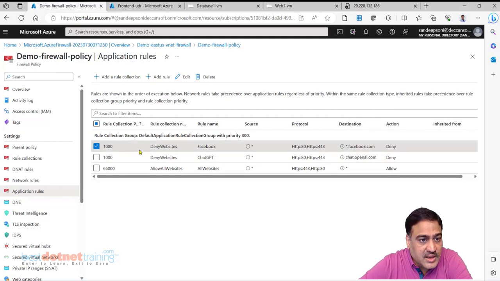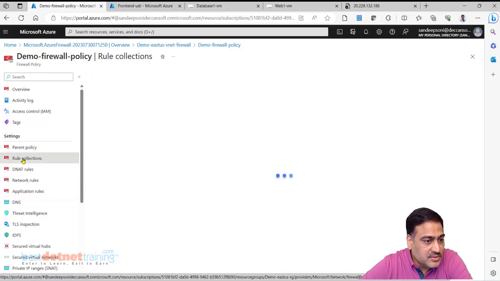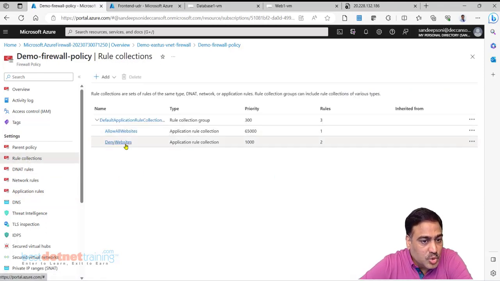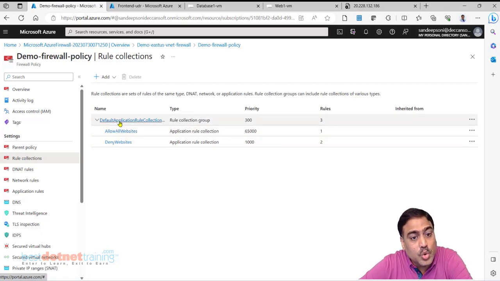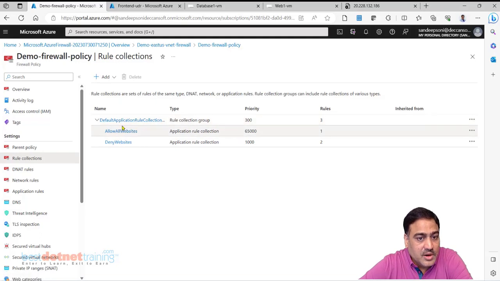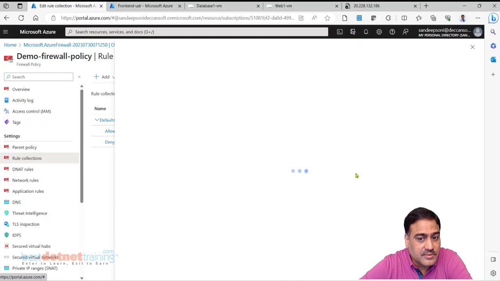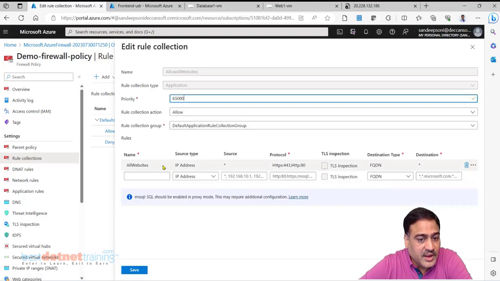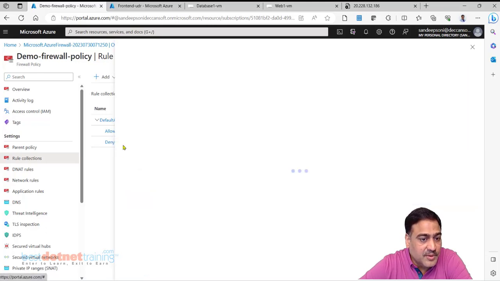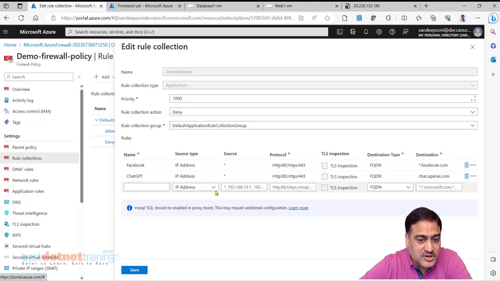But if the entire rule collection has to be edited, go here to rule collections. We created two rule collections under an application rule collection. Now application rule collection itself has priority, and in that these are the priority. All websites, I can add more. Deny websites, I can add or delete or edit.